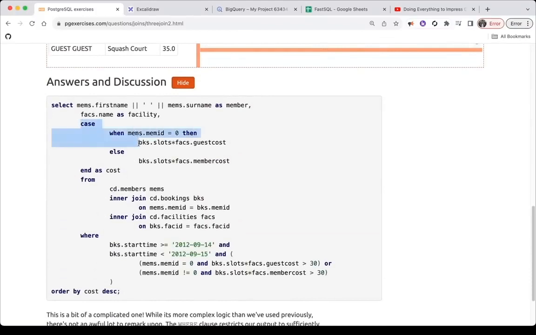Working with dates. Let's get a list of members who joined after the start of September 2012. So looking at these tables, where is our data? It's in the members table. So I will start writing this. And now, do I need to filter this table? Yes, I only want to keep members that joined after a certain time. And now, how can I run the condition on this table? I can say where join date is bigger than